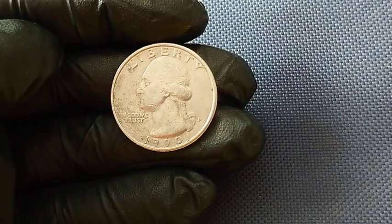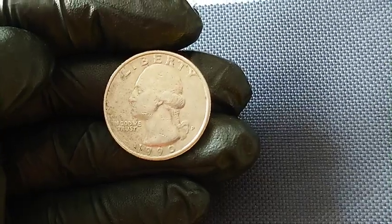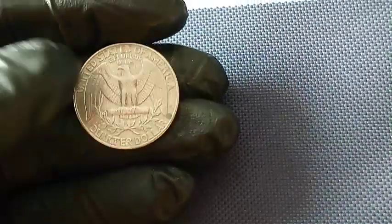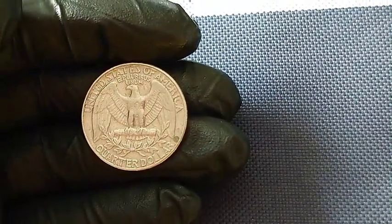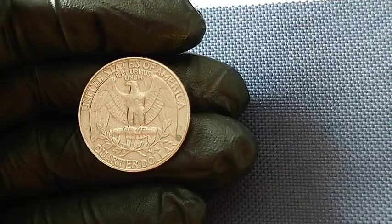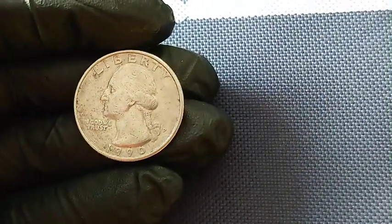And then there is the fascinating matter of the no-ridge errors, where the reeded edge, those tiny grooves that run around the rim of a standard quarter, is either missing entirely or partially applied due to misalignment or ejection failures, leading to a smooth edge that makes the coin feel unlike any normal quarter and instantly raises eyebrows for both